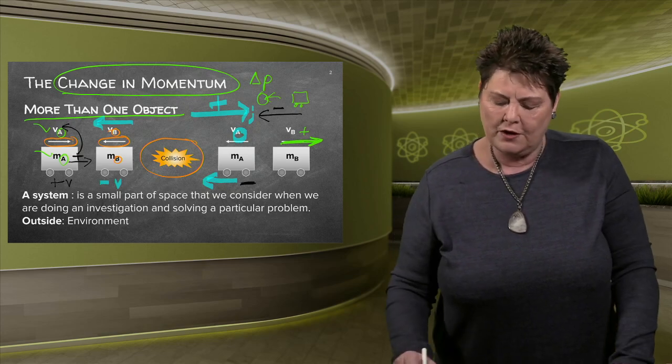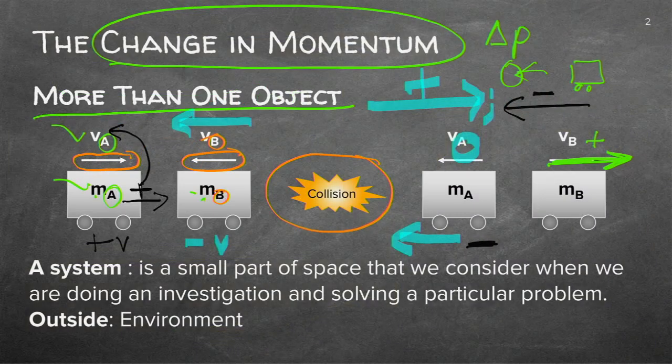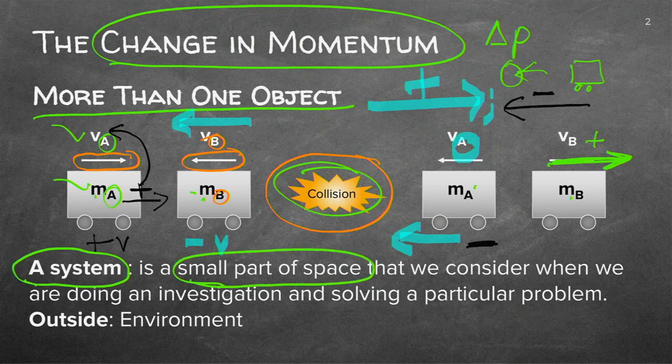What do we have here? We've got two masses. We have a collision and we've got the two masses moving. And I'm going to show you a few slides now where we are going to have the movement in different directions. Firstly, we just have to see we are working with a system. Both of the trolleys actually represent a small part of space. So it is just a minute piece, two objects moving. It's not the whole universe.